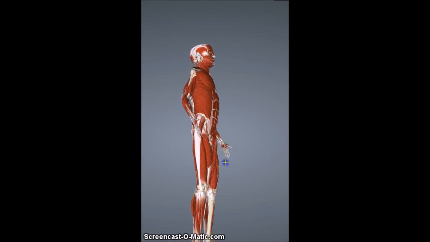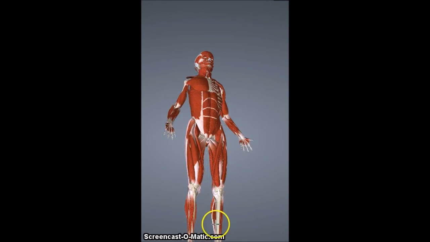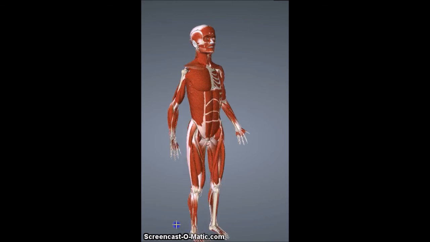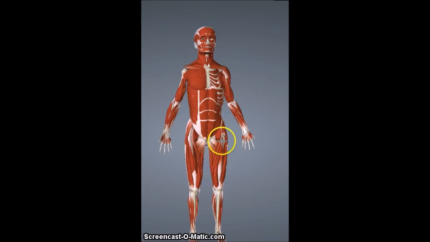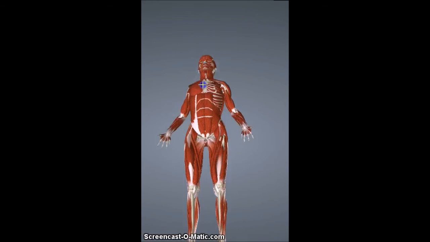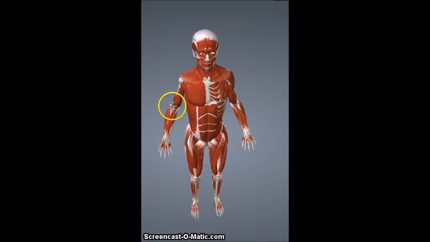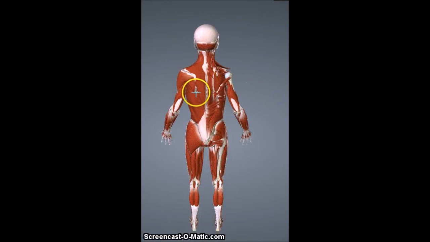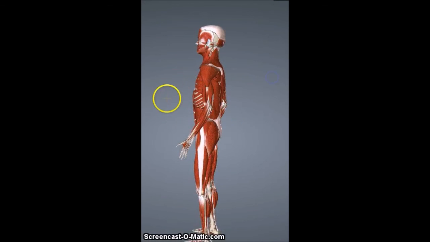Anyway, turn that around. And on the bottom of the leg, we did say gastrocnemius, and I forgot to point out that on the inside is the soleus. The soleus is a little rubber bandy muscle that wraps around and crosses the knee joint and gives you some strength there across those joints. In fact, there are several muscles that cross these joints on the elbow and the knee that give strength to those joints. So that covers most of the superficial muscles that you need to know, and I recommend that you